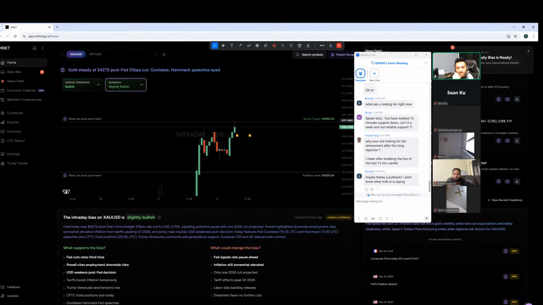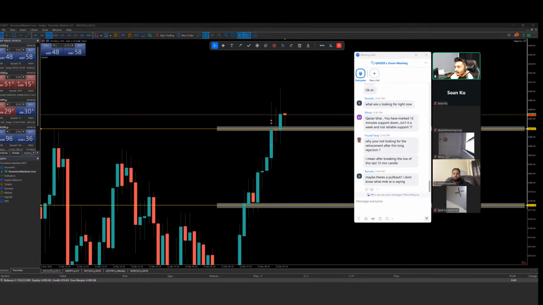If it's going to break above this high, then again from 90 to 95, and then from 95 to 4300, which is a psychological number. The market might do some kind of consolidation here. With the NY session, if it breaks above 4300, then it might go to 4305, 4310, 4315. So that's something that can happen. Even though it's a Friday, look at the way the volume is showing.